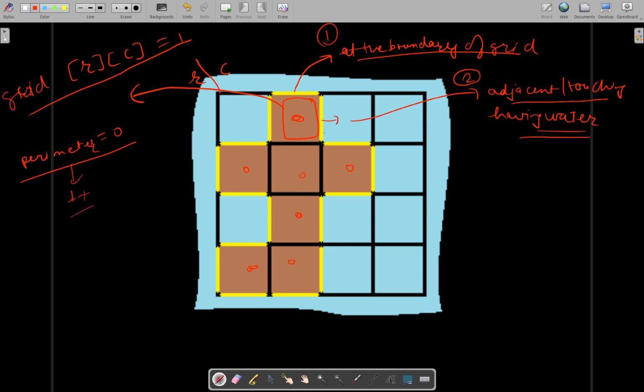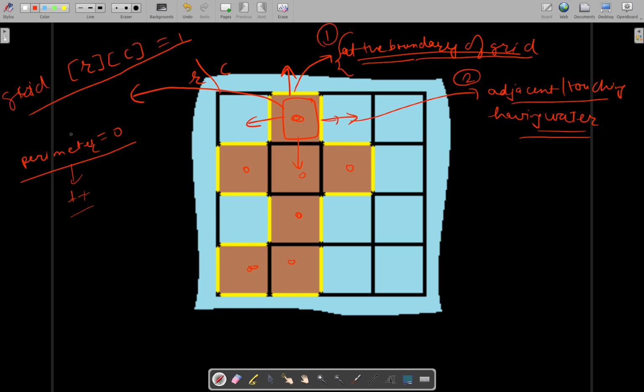For that, you will try to move in four directions from the current cell. While moving in these directions, if you find that you are going outside the boundary of the grid, then you are at the boundary of the grid,